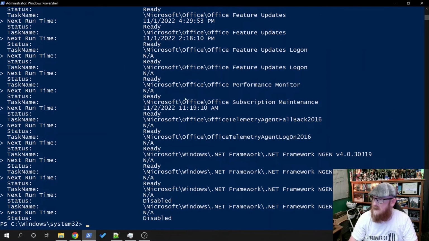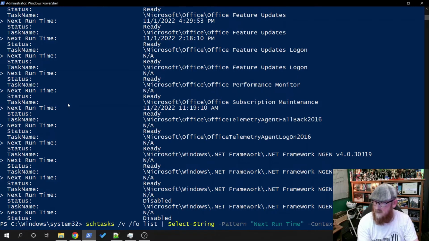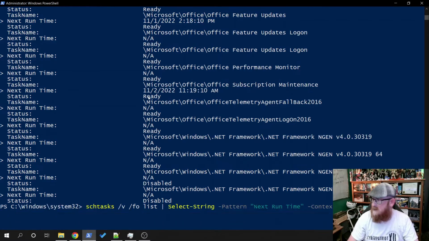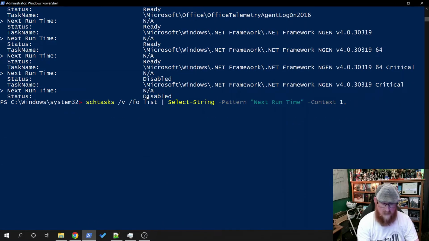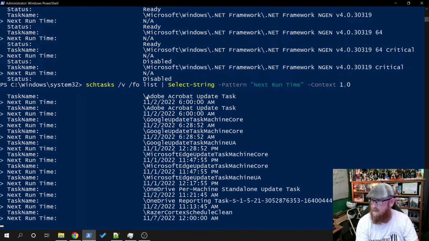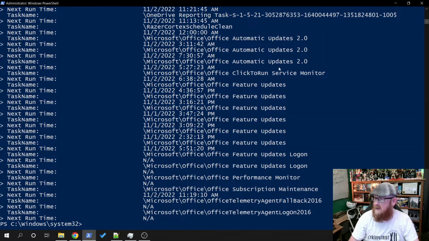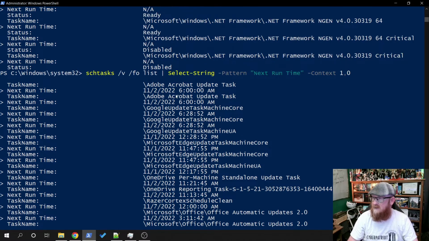All right, so we see that there's the match because it points it out to us, right? So this is the match. Here's our task name, and there's the status because it's ready. Now, if we don't want the status, that's fine. We can actually just change our context to 1 and 0. It condenses the information for us considerably, right? So here we have just the task name and the next runtime, which is great,